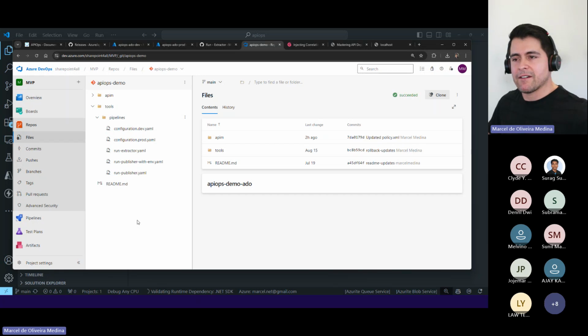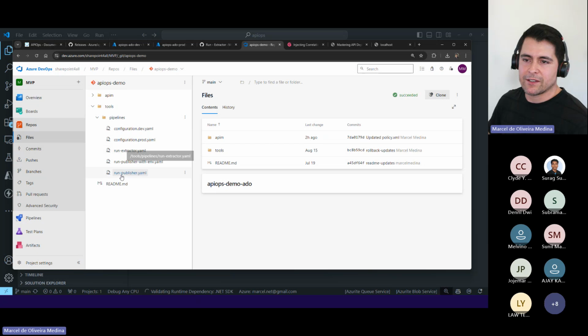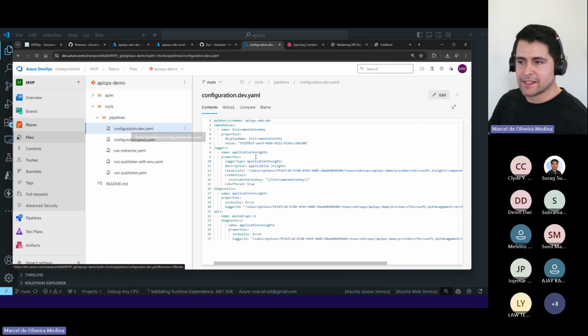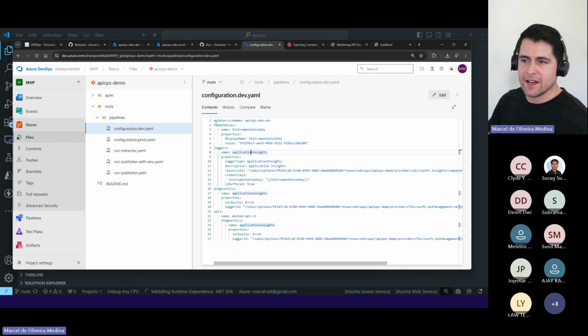Only if I have specific requirements, I can change that. For now, you can see that I have those that are out of the box, but I have some additional YAML files I have created. As you're going to realize in here, I have some areas of configuration for API service name, named values, loggers, diagnostics,